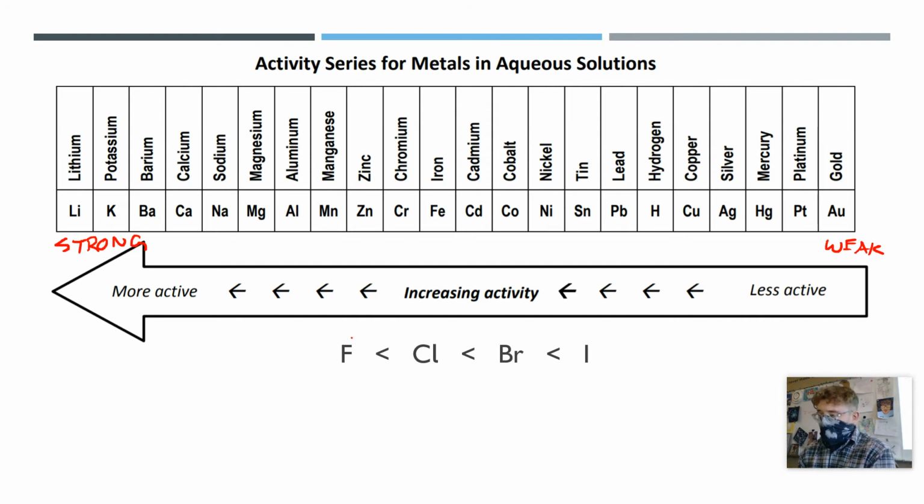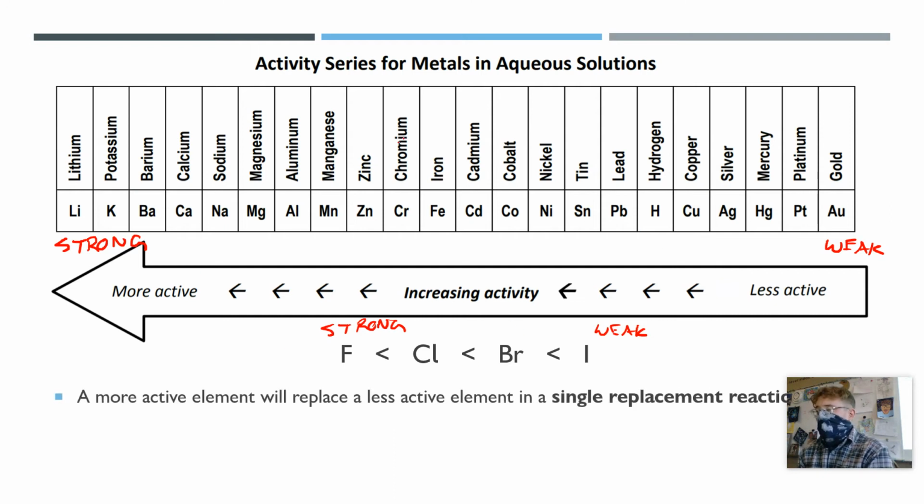Same thing with these guys down here. These are just our nonmetals. So we have strong, which is fluorine, and weak. It's called activity. So lithium is our most active element as opposed to gold, which is our less active element. And what we're saying is, if we want to know, can magnesium kick zinc out of a compound? Well, magnesium is on the stronger end of the pecking order than zinc is. So magnesium could kick zinc out. But copper